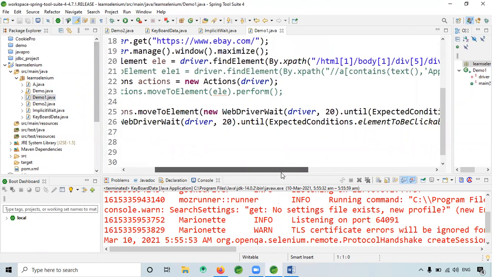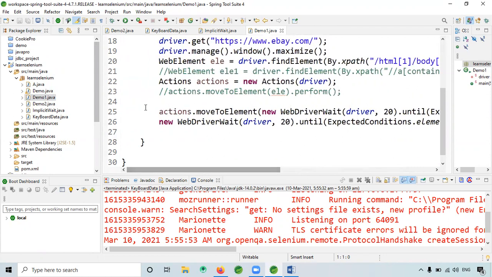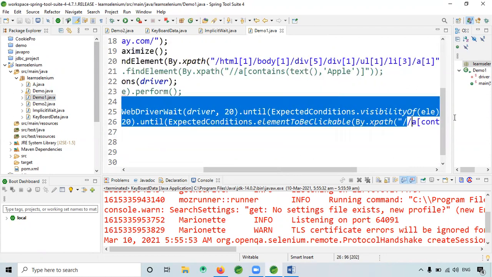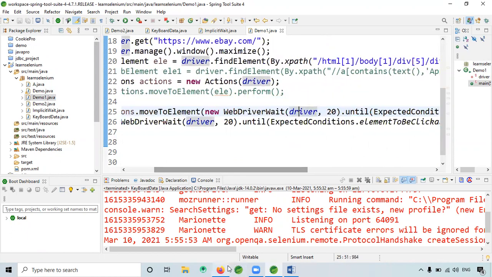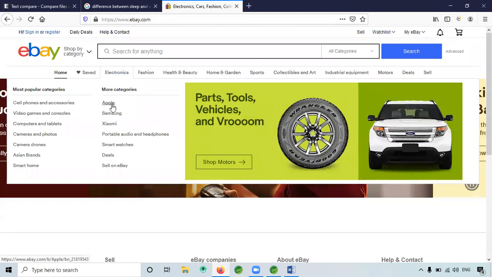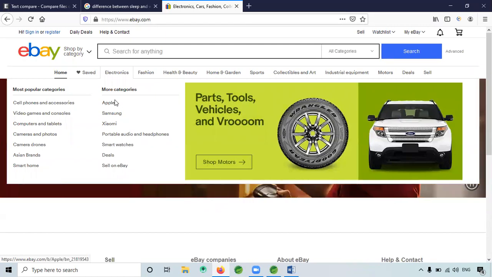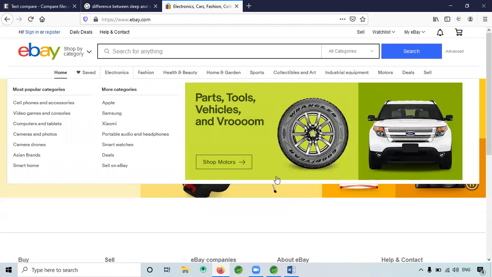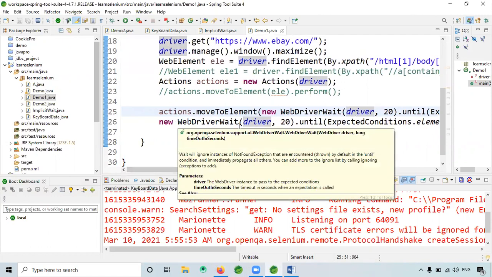If you remember, in the last class we copy pasted the code, but we didn't understand what exactly it is. You asked me, okay, if you want to select this it is working, but if you want to select this, how can we do that? You asked me in the last class, right? So I simply copied and pasted the code and it was working, but we didn't understand the code. So let's understand what this is about.